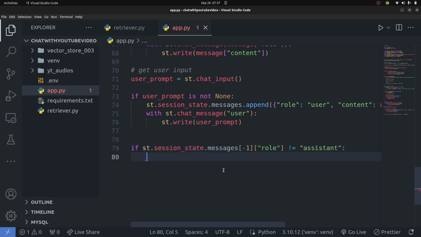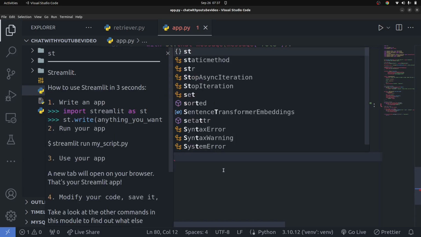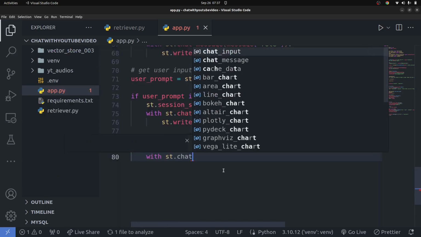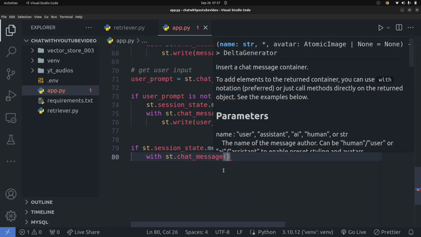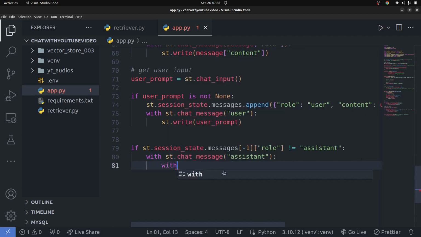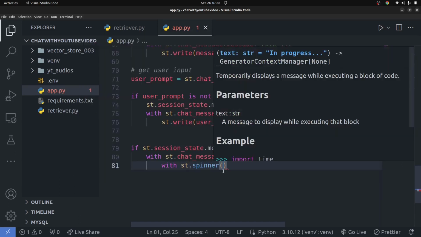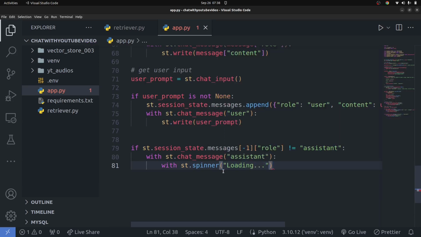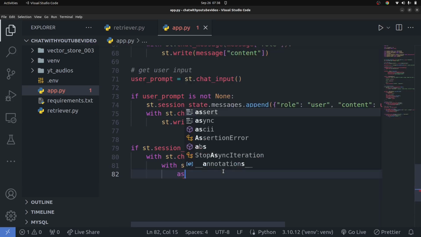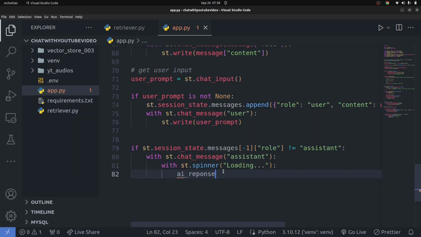Let me get the spelling right. So if the role is not equal to assistant, you're going to create a context manager. You're going to say with st.chat_message, and this is going to be assistant, and you're also going to say with st.spinner. You're going to create a spinner because this can take a bit of time to retrieve the information. You want to indicate to the user that we're actually loading and doing something, so just wait. I'm going to say AI_response is going to be equal to